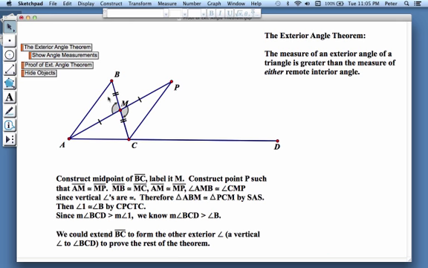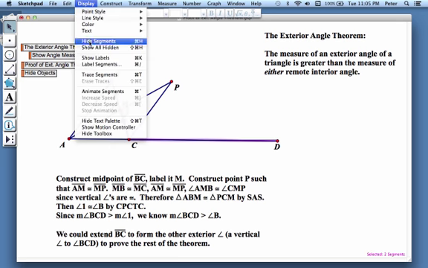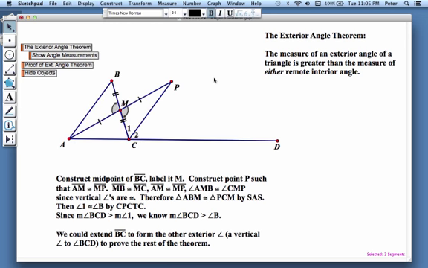Since these two triangles are congruent, their corresponding parts are going to be congruent. So let me add some labels just to make my point. Since angle ABM is congruent to angle PCM by side angle side, angle 1 is going to be congruent to angle B by CPCTC. Now let's get back to our exterior angle theorem. If I hide these objects, like this angle marker and this angle marker, let's just delete those, and then these here,